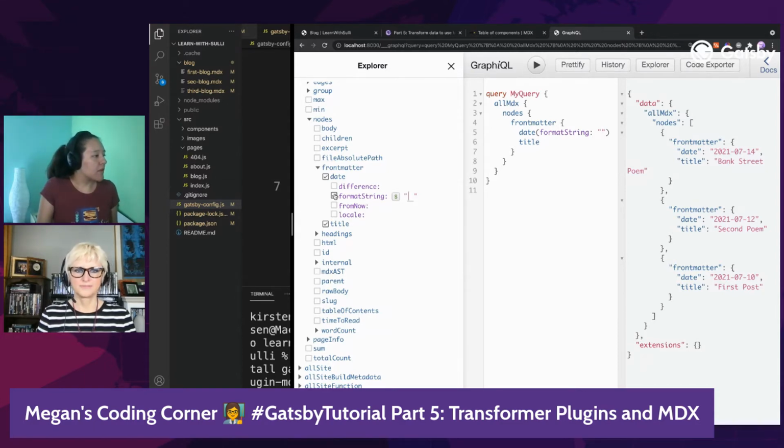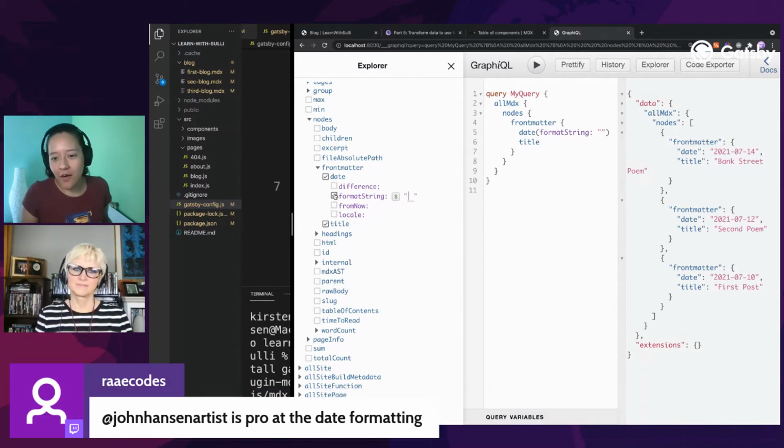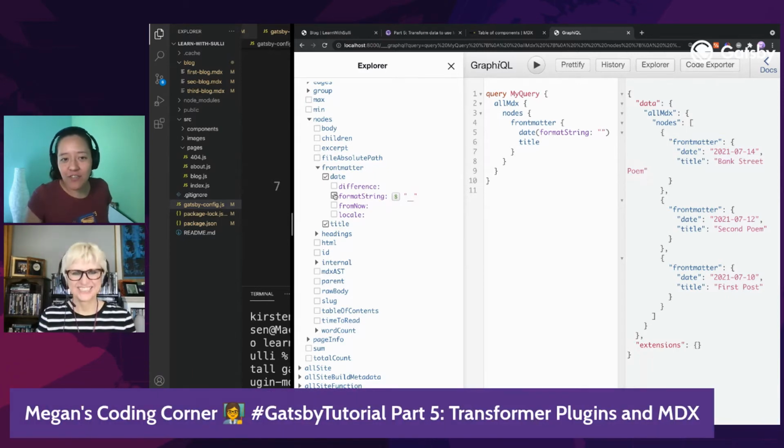Cool. So I'm going to pull up a link from the tutorial. Whoops. And drop that in here. Oh, John Hansen Artist is pro at the date formatting. John Hansen Artist, what date format should we use? You can pick. Whatever is your favorite. But